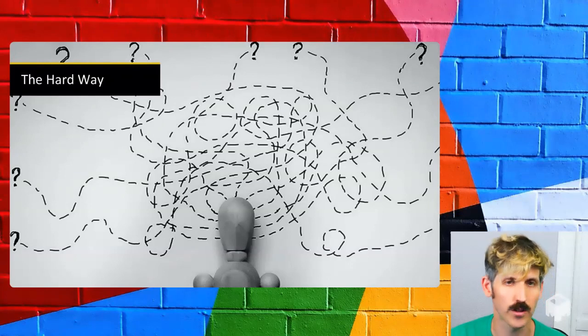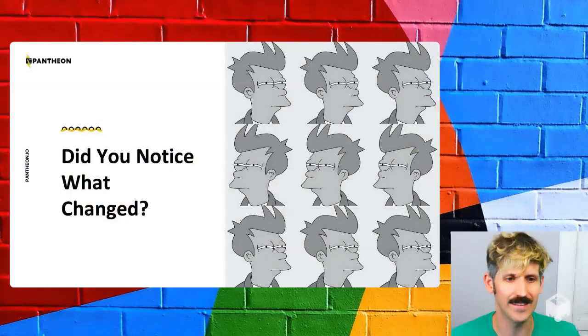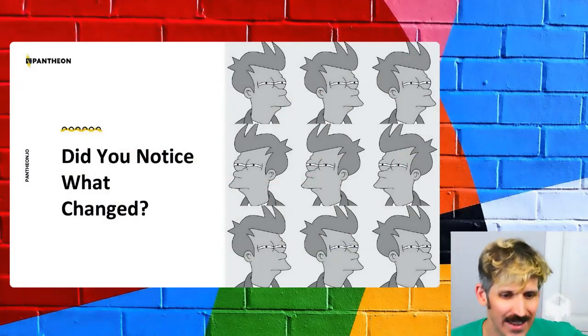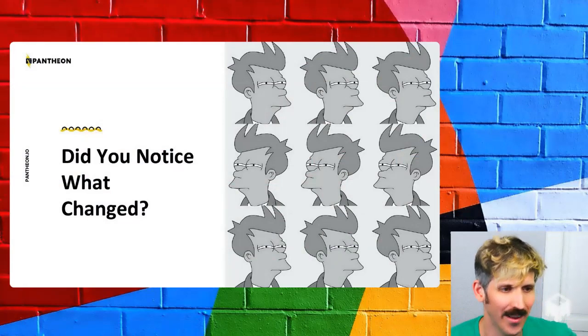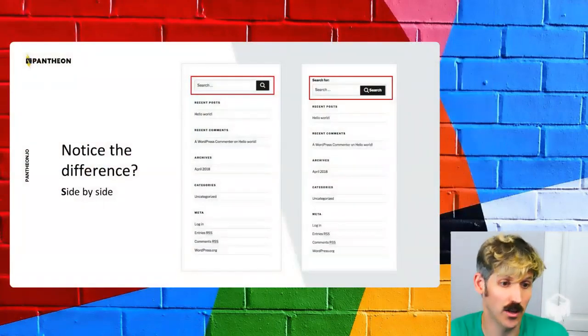And then you'll click around and try to figure out if it's broken, and you're playing this game of trying to figure out what changed on the site, which is sort of hard to do. If it's totally broken, I guess that's easy. But if what we have are very small differences,